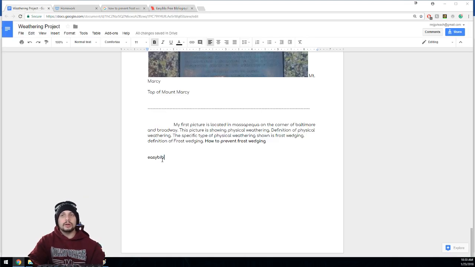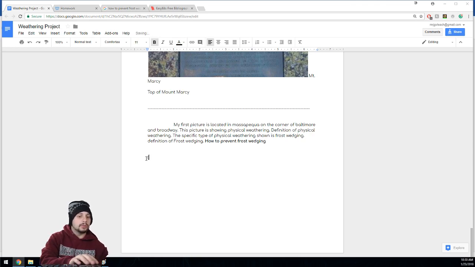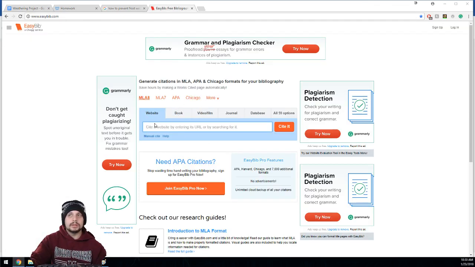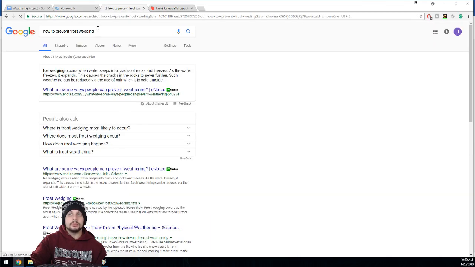If you ever need to parenthetical cite, what parenthetical citation is, it means you took the definition pretty much exactly word for word, or you took the definition and it's very close, you would put in parentheses the author's name, depending on what you're citing. EasyBib can help you with that as well. Just to give you an example,